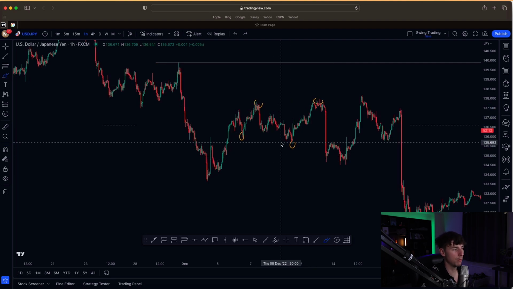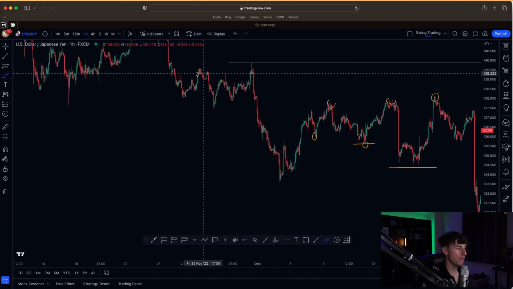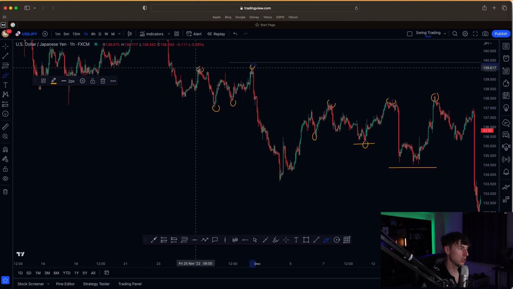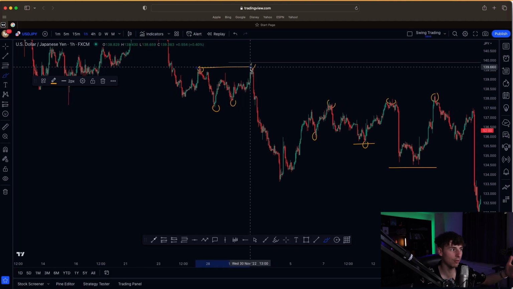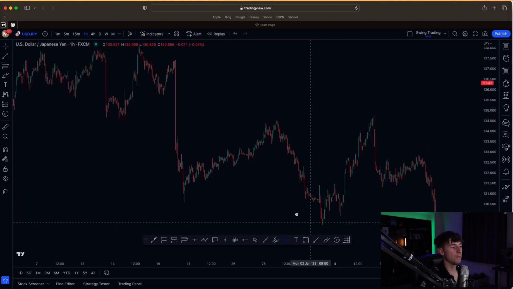And then what happens? We could take this as the 1, this is the 2. Price pushes back up, hits this, and then drops. Over here, I've got 1, and then I'm just going to plot it on like that too. And again, you can see how amazing, how perfectly it plays out. But one thing you need to be careful of, let me just delete this, is just, if you just trade